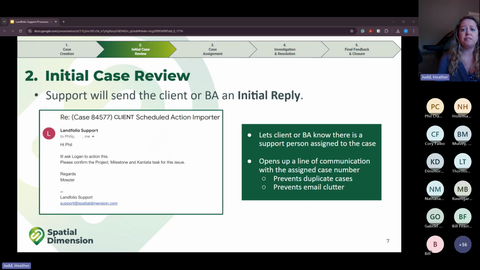Once necessary information is logged, support will then send an initial reply to the client or BA. Here I have an example of what that response looks like. This differs from the automatic reply because it is answered by an actual human. This will put the client or the BA at ease, knowing that an individual in support has taken ownership of